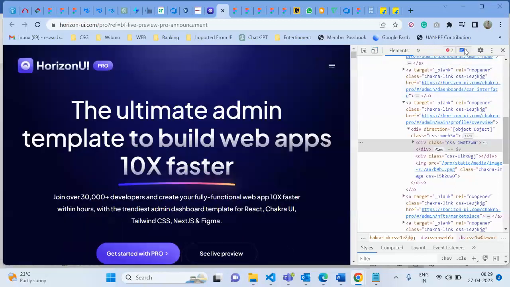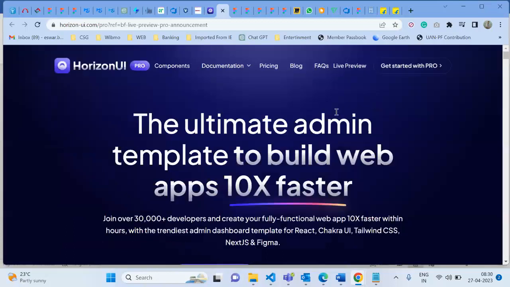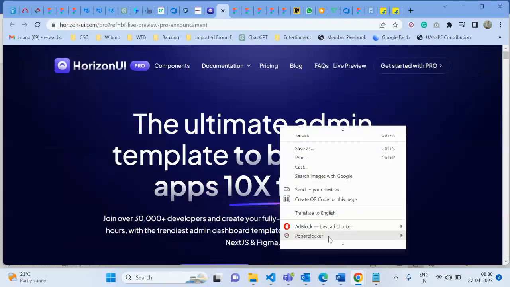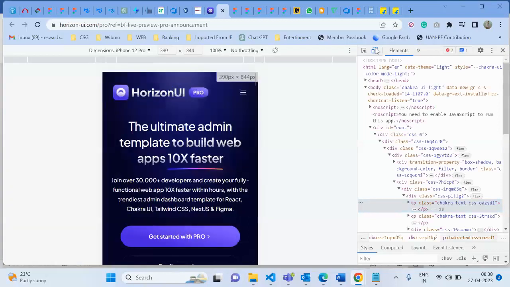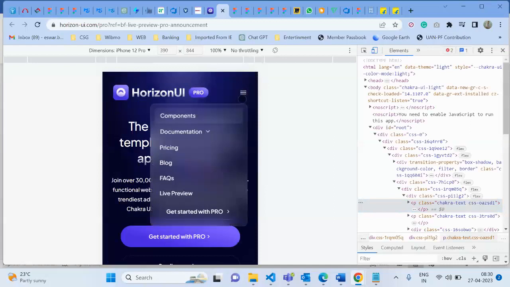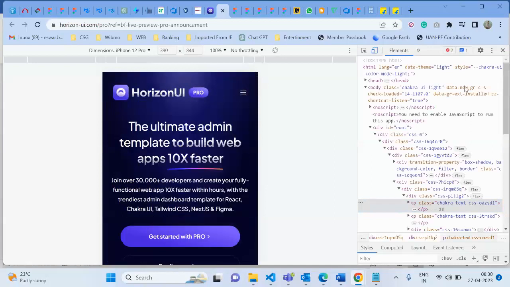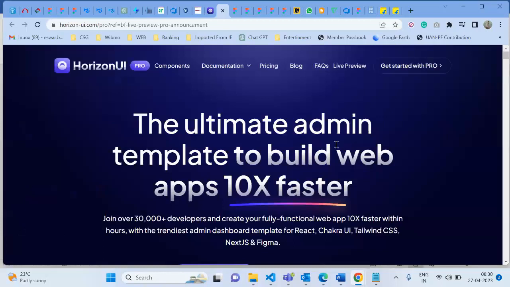Now, if I don't want it, see, it came into the normal website like this. In the normal website here, I don't have any hamburger button. If I go to the mobile, I get the hamburger button here. You understand what I'm trying to say? This is called responsive. If somebody asks you what is responsive, the content is not changing. The content will be the same, but it should appear on mobile, desktop, and laptop in a similar way.